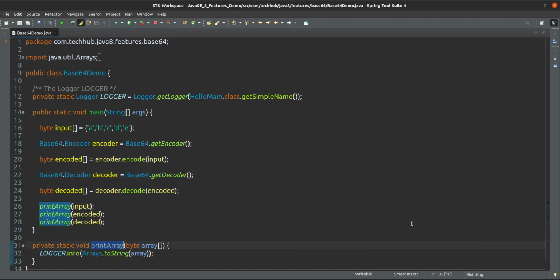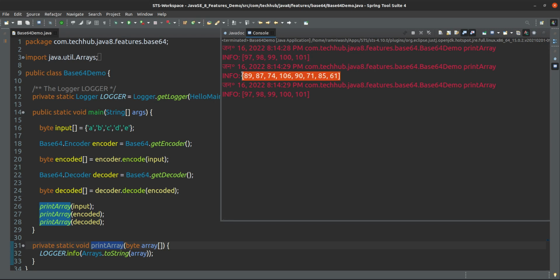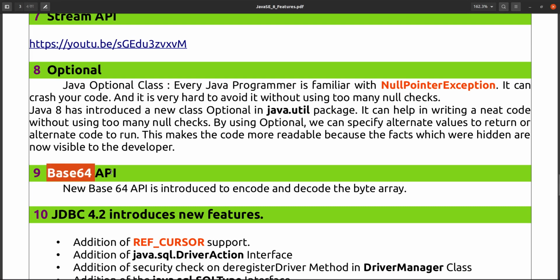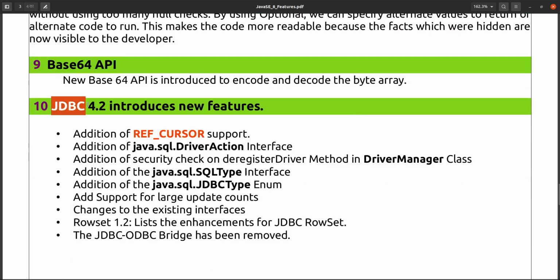Okay, so this is our actual array, 97, 98, 99, 100, 101, the actual byte array. This is our encoded array, and this is our decoded array again. That's it. So in this way we can use the Base64 API for encoding or decoding a byte array. Fine. And in JDBC